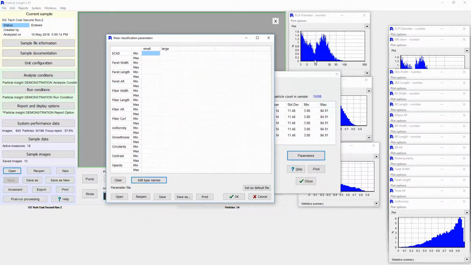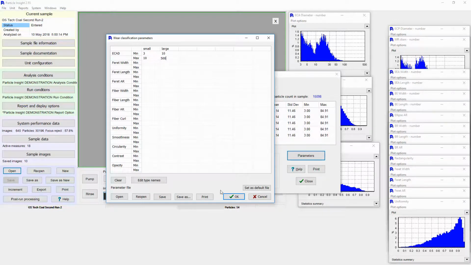And we'll say that the smaller ones are the particles less than 10, so minimum of 3 to 10. And the large being 10 to 500. There's other measures we could put in here. So let's say we wanted to put a classification based on other measures as well, not just small and large